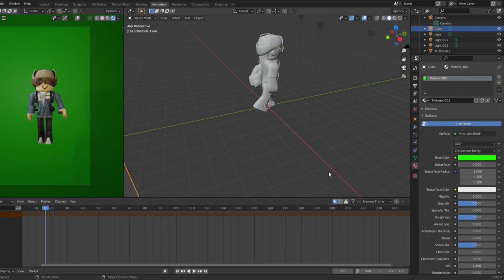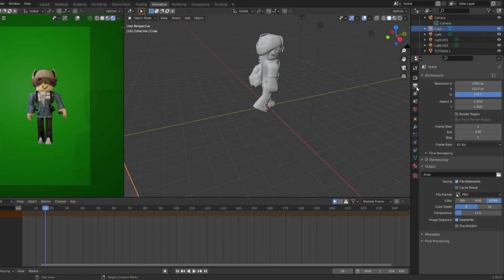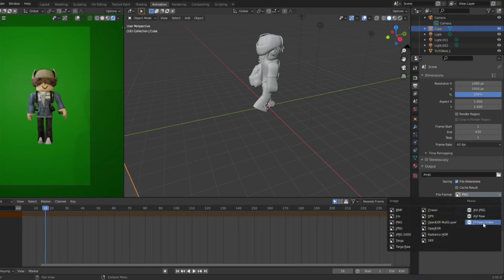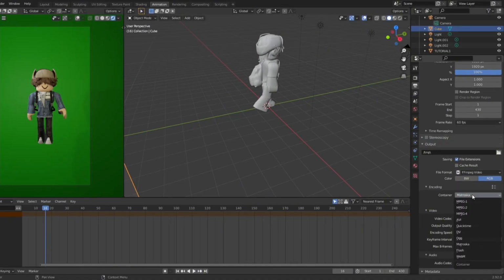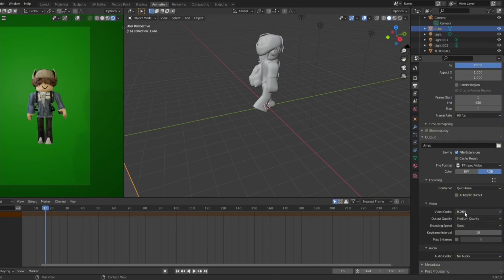So to render, we are going to make sure the settings are correct. So go over to this printing out tab again, and first we're going to change the file format to FFmpeg video, and then we're going to drop down encoding. Make sure that you guys actually put the container as MPEG4 because I did it wrong in this, but don't worry, I'll fix it later. And the video codec is H.264,